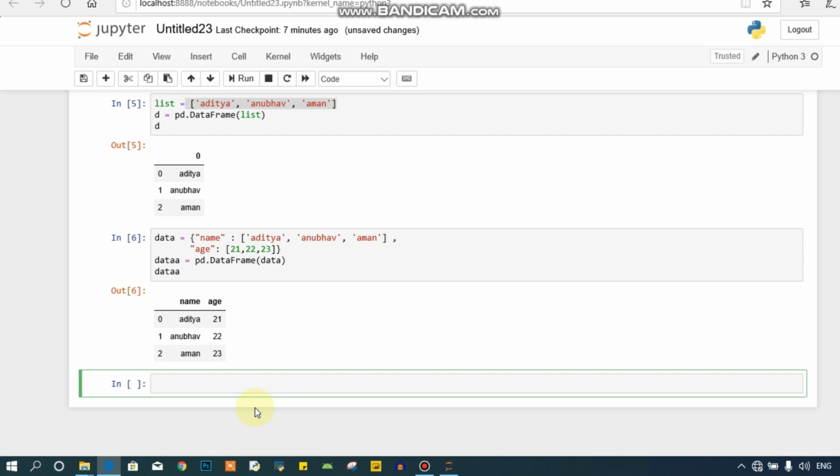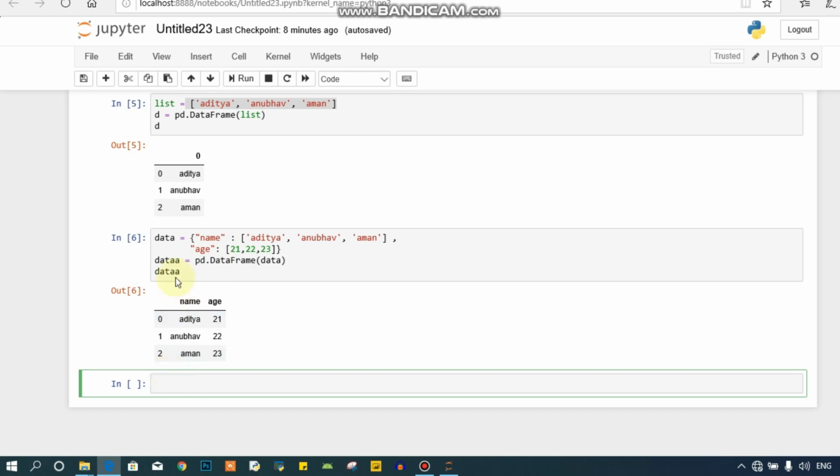Now let's suppose that I want to create a data frame using a specific column. Like I only want certain columns to be printed. Let's suppose this is a name column, an age column, and I am also going to add one more column, that is last name. In all these three cases I only want name and last name to be printed out, not the age. So how are we going to do that, we will see.